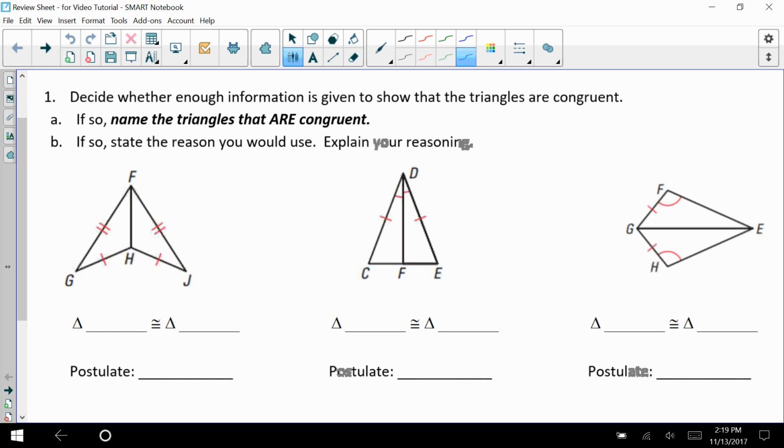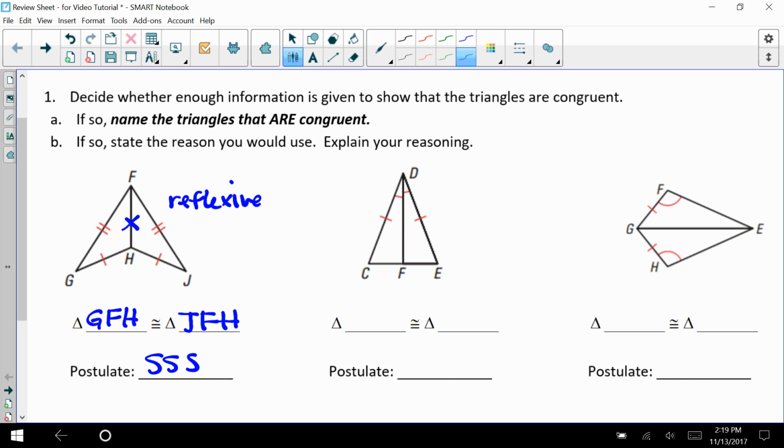So here we want to decide whether or not these triangles are congruent, and they are because FH is congruent to FH. So this shows the reflexive property. However, the triangles are congruent through side, side, side postulate. So we have GFH is congruent to